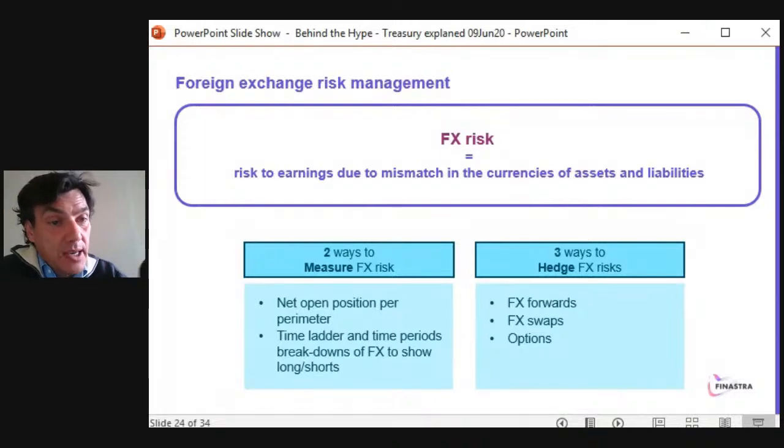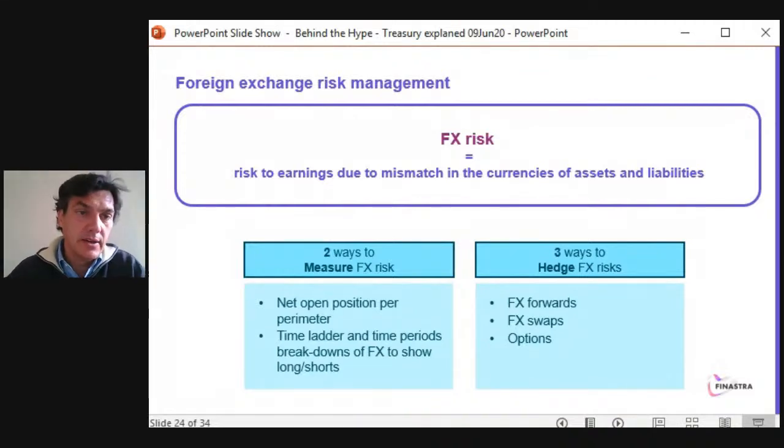And I will come back because I am able to measure my FX risk. I will be able to fund myself and go back to step one of my pyramid. So that's interesting, but it's part of it. You always, as a trader in the treasury, have your risk under your eyes. In terms of instruments, you have obviously the cash markets, and then you will have the FX forward. So I can exchange one currency versus another at a certain point in time. I can make a swap. So for a period, for one month's time, I exchange one currency versus another one, and then you have options. So those are instruments that can be used to manage your FX risk.